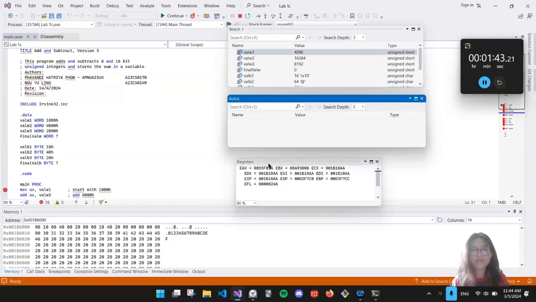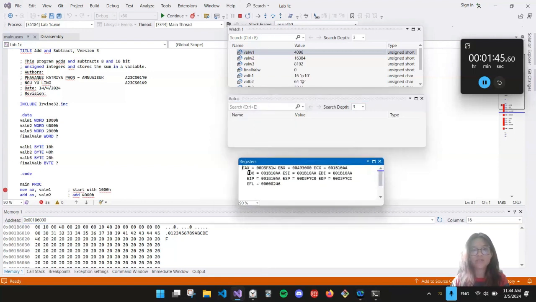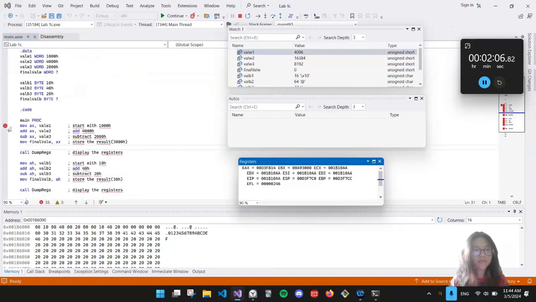And we also have the registers screen, which shows all the registers and the current values inside them. The registers that we'll be most interested in are the EAX register, the extended AX register, this is the AX register, and this is the AH register. Okay, so when I press F10, a cursor will show up here,